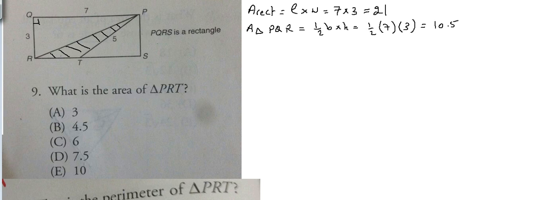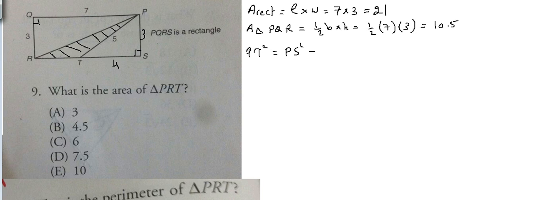Now we want to find the area of triangle PST. How to find the area of PST? Knowing that QR is 3, and opposite sides of a rectangle are equal, this is 3. If in the right triangle we have 3 and 5, then the third side will be 4. They are proportional, the 3, 4, 5 triple. Also, we can find it by Pythagorean. Pythagorean says the hypotenuse squared, which is PT squared, is equal to the sum of the squares of the other two sides, which is